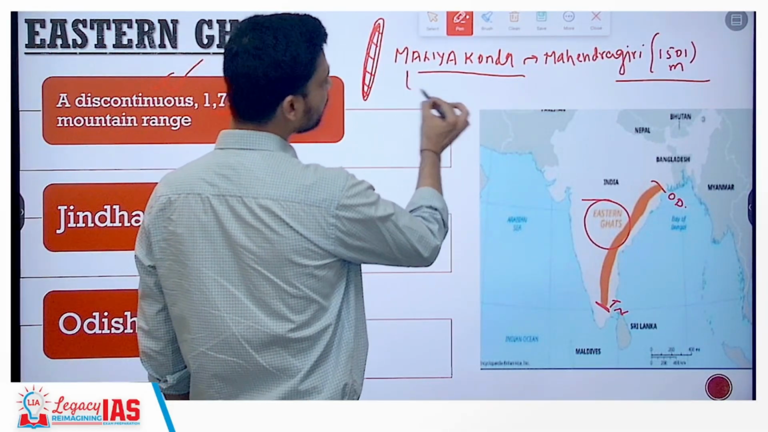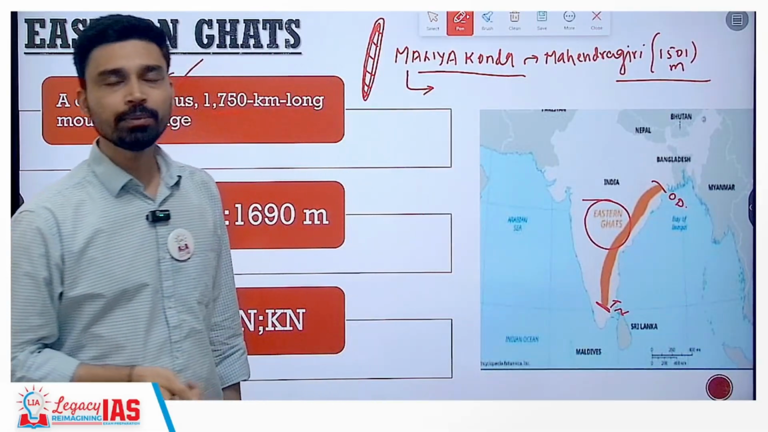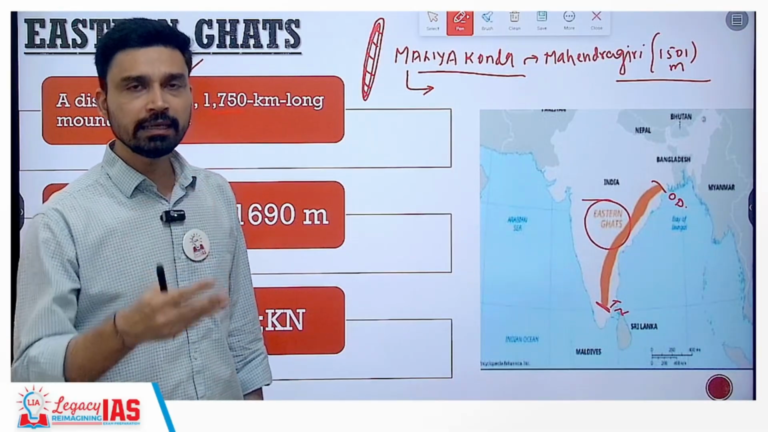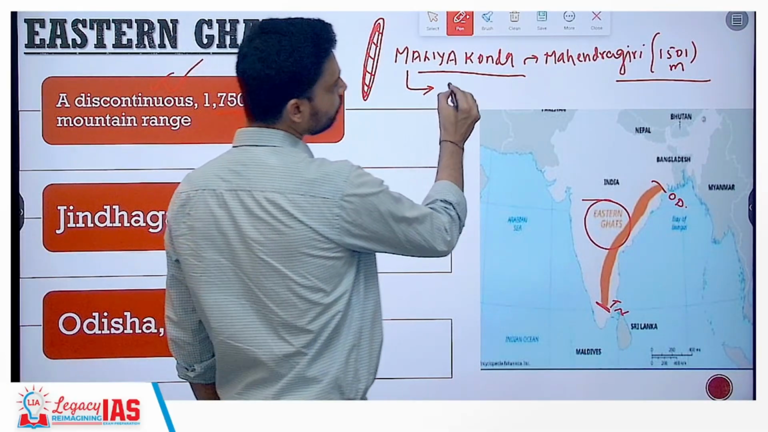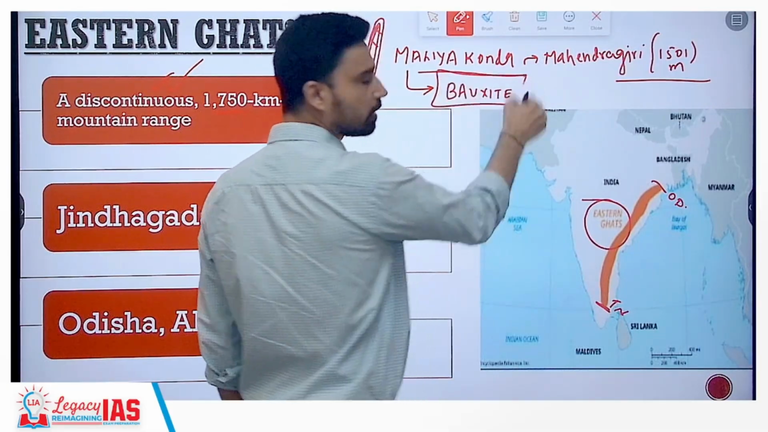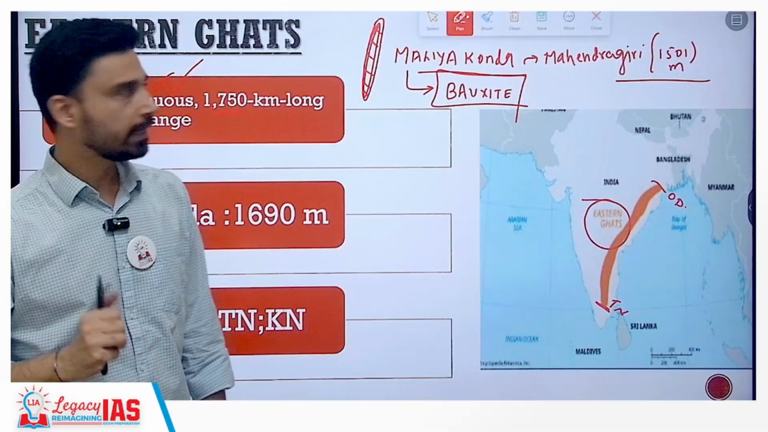Then here you have several other hill ranges also. For example, you will find here Buffalo Mali, Panchpatamali. Then you also have Niyamgiri, Nilgiri. All these hills are very important from a mineral perspective as well, because a large volume of bauxite reserves are found in this area. Further,